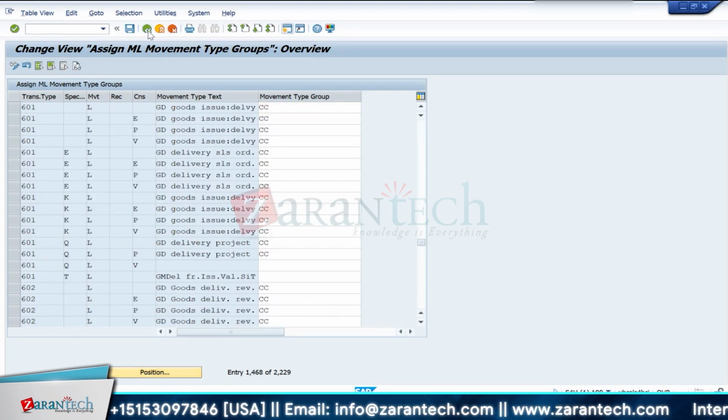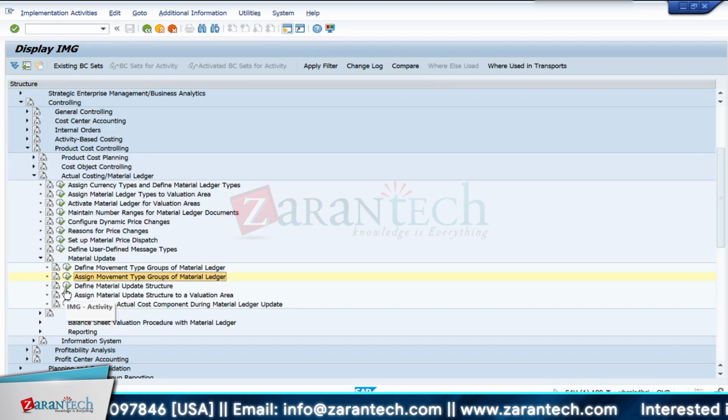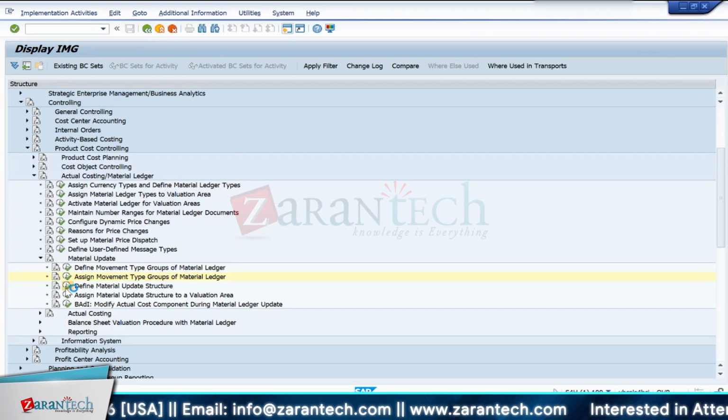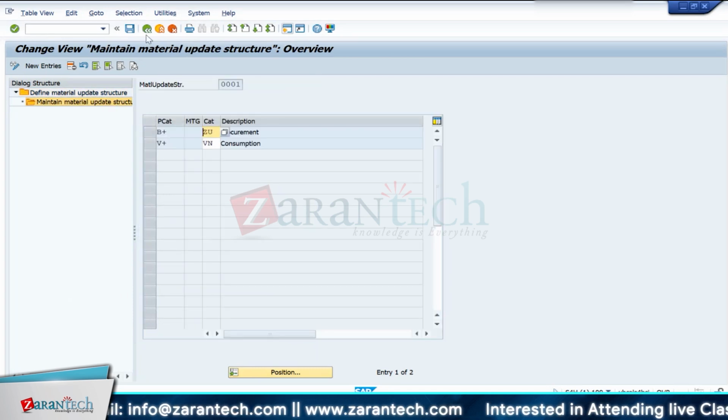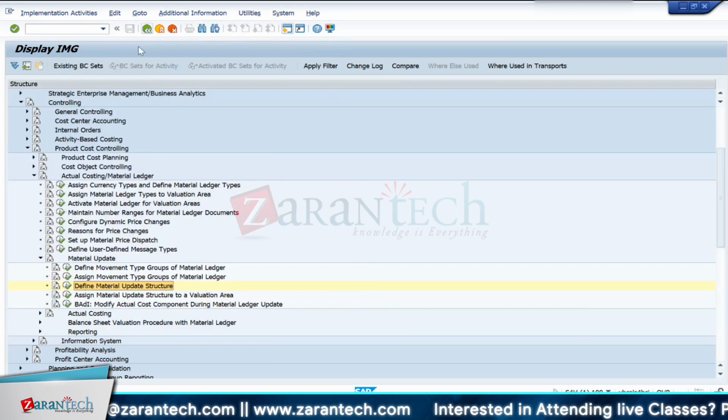This is also not required. Okay. Define material update structure. Standard. Okay. Actually, why I came to this step is that there is a significant effect on your material ledger actual costing. Okay. So this material update,